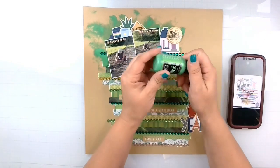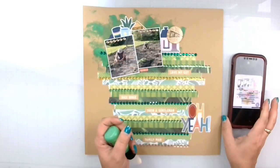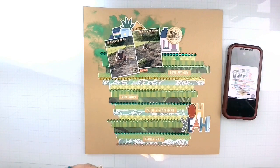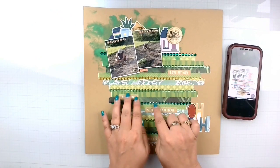I took my Delusions paint in cut grass and did the packaging technique up here. Missy's got that going on up there. I should have pulled in some twine because Missy always does twine, but we're going to call this done. I do have my title down here. She had some wordy bits going on, so